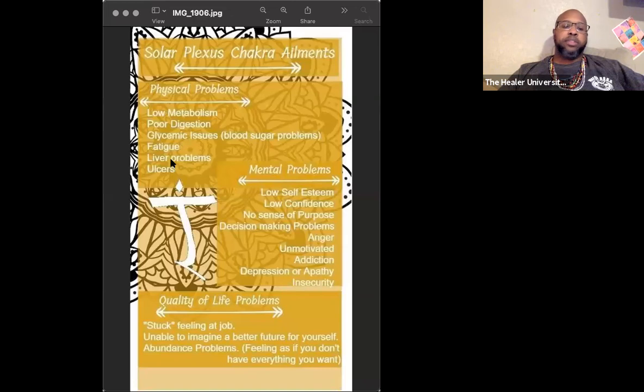Okay, we got liver problems, ulcers. Think of this when we're talking about the physical body. When the energy centers are thrown off or they're not filtering energy, that energy becomes stagnant. And when energy becomes stagnant, it starts to deteriorate that part of the physical body. So if a person is dealing with anger, for example, down here in the mental problems, that anger is going to stagnate the solar plexus. And when the anger stagnates the solar plexus, then you're going to start to have problems like ulcers, fatigue, because your energy is being shifted to anger, low metabolism, all these things start to happen, even poor digestion,